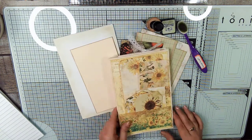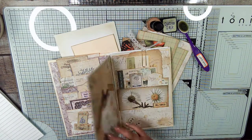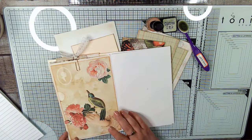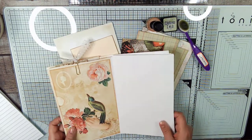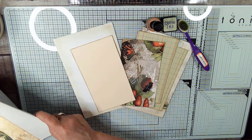So this is page 1, page 2, page 3, page 4, page 5, page 6, and page 7, which is over here. So this is page 9. Okay, so today, now that I knocked everything off my desk,